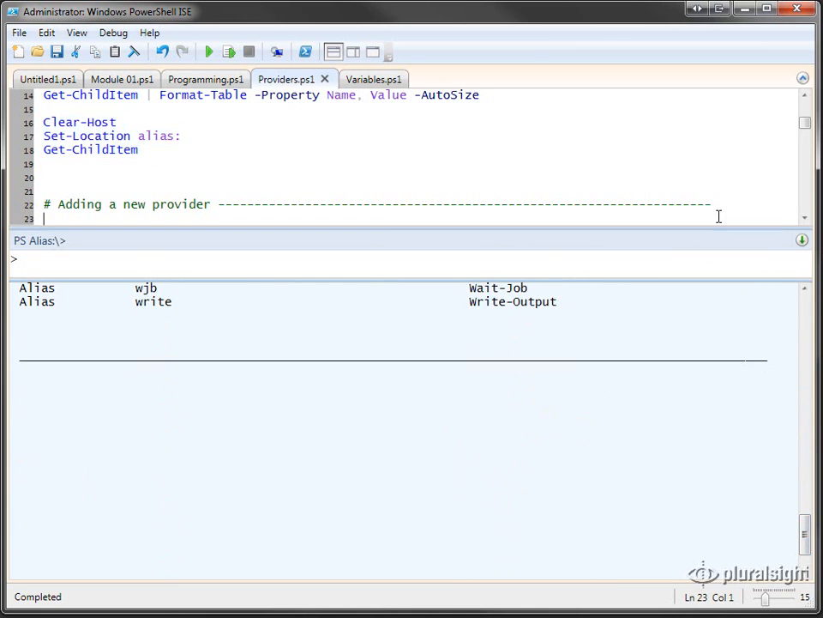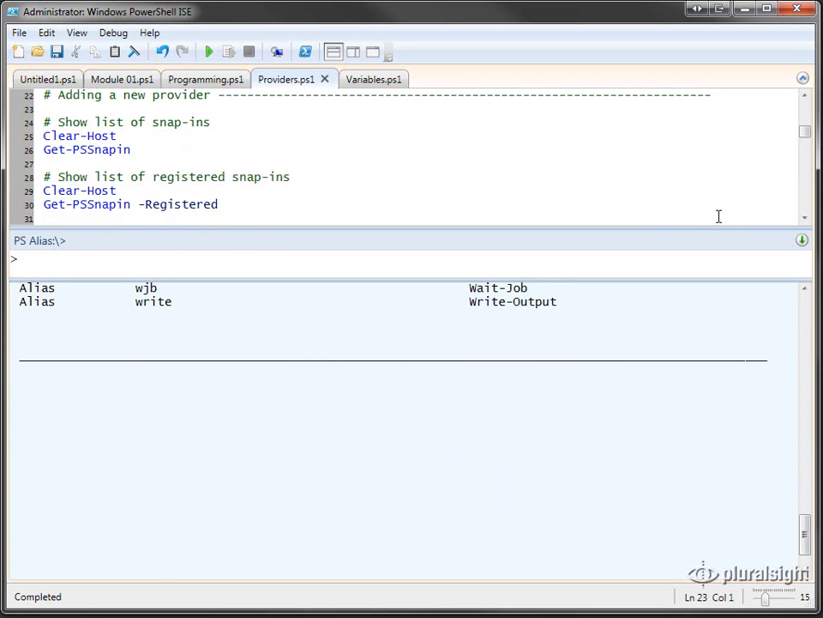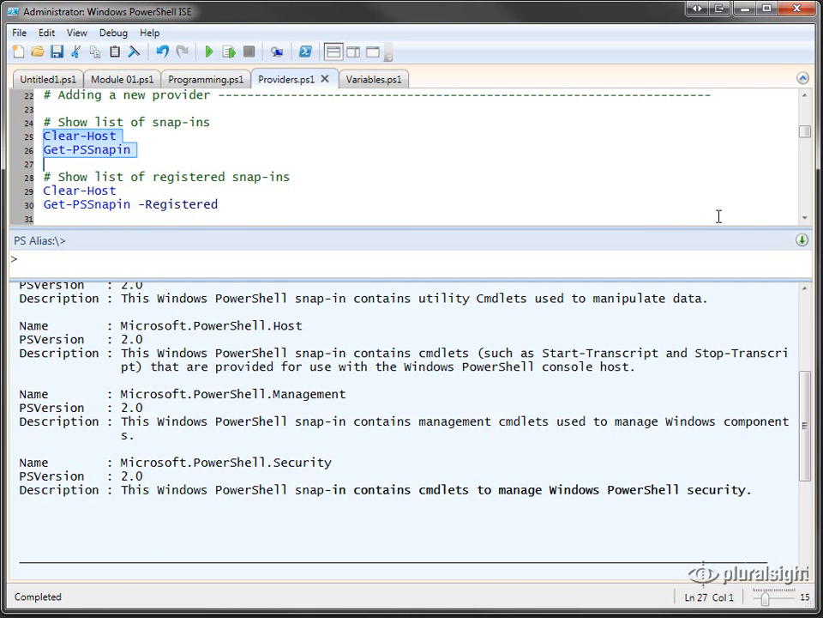We're not limited to using just the providers that are built into PowerShell. We can add new providers. We add new providers through a concept called snap-ins. Let's take a look at what snap-ins we currently have loaded. Our Get-PSSnapin cmdlet